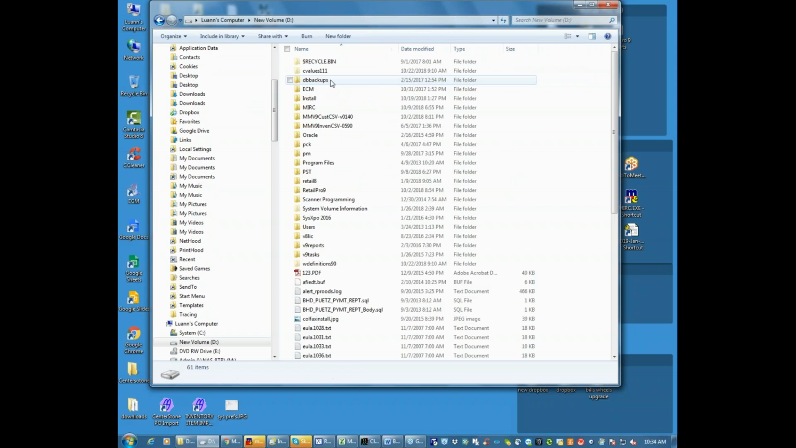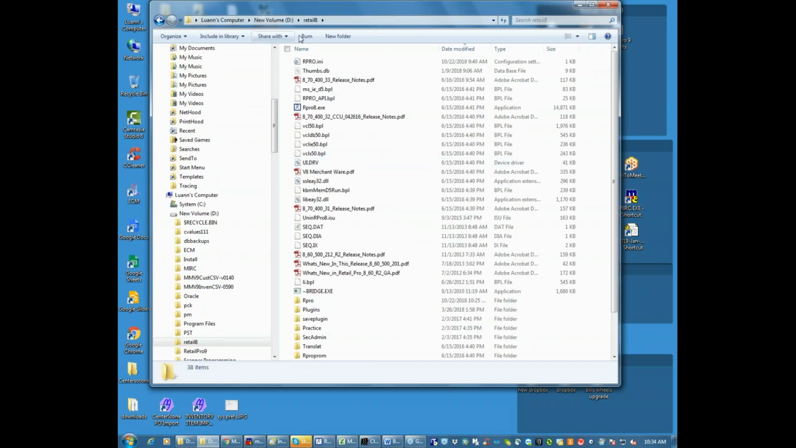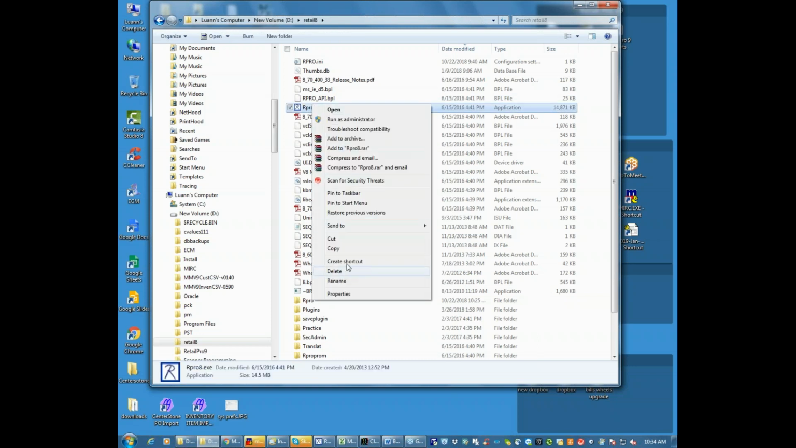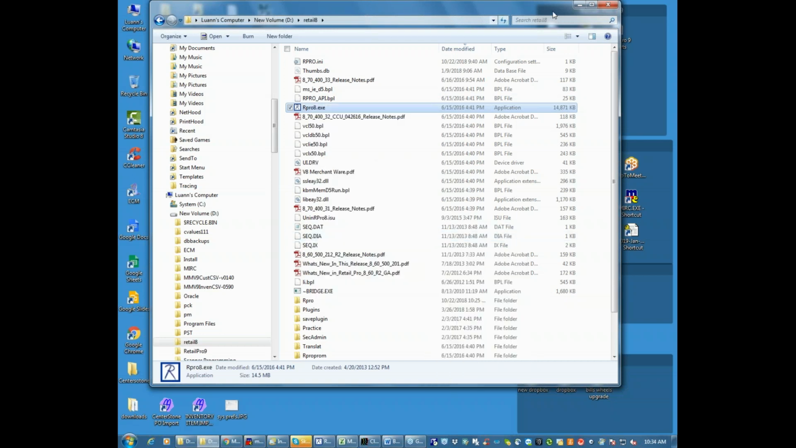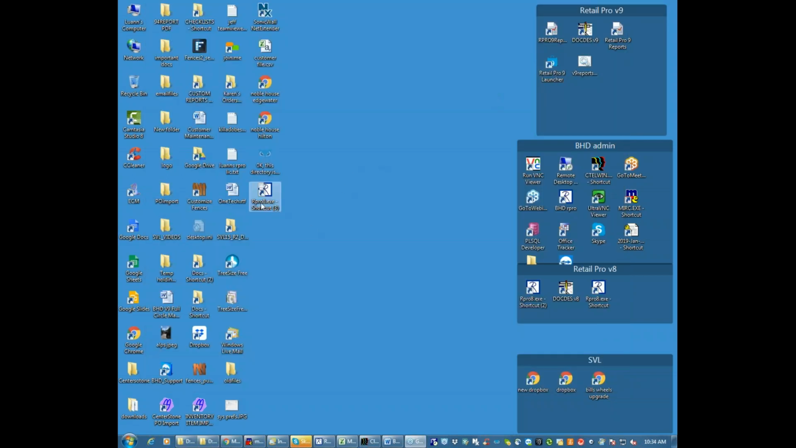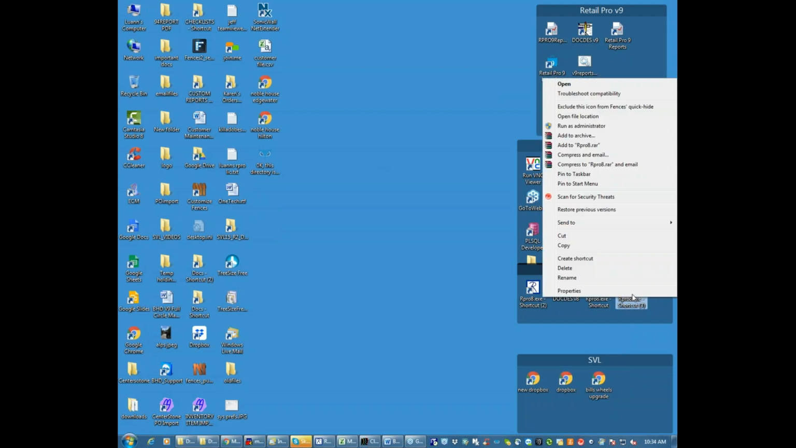Once you get it opened up, you get to the Retail Pro 8 folder, and here's the rpro.exe. If you have the rpro.exe here, you can establish a shortcut just by right-clicking on it, then Send to Desktop, Create Shortcut. This works in all of the Windows versions. So I've got a shortcut right here, and I'll pull it over so you can see it. That creates a shortcut